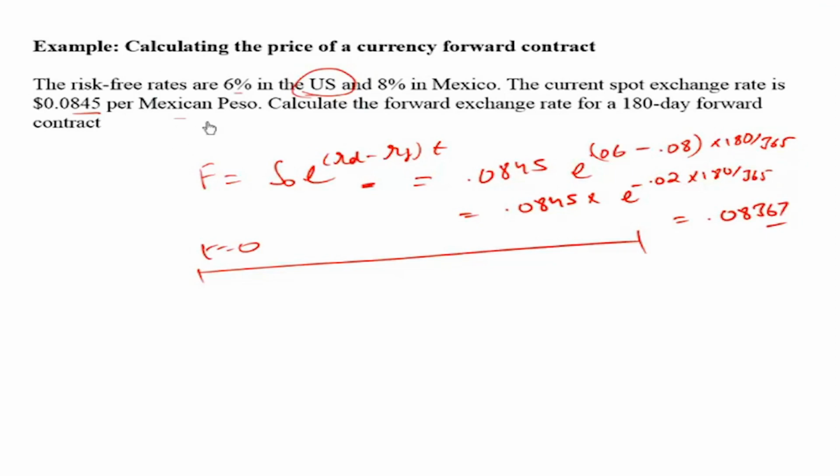So the Mexican peso will depreciate. 1 Mexican peso in the spot is worth $0.0845. 1 Mexican peso in the forward is worth only $0.08367. So the Mexican peso has depreciated. It is buying back less dollars. If you try to exploit the arbitrage by borrowing in US and investing in peso, when you repatriate your money, some amount will be lost as the currency has depreciated. However, this will be the fair forward rate today.